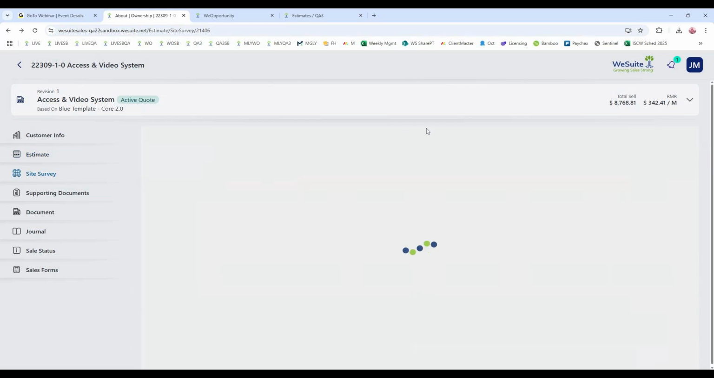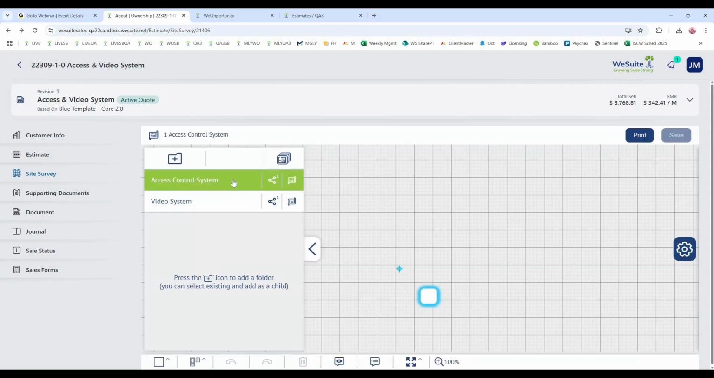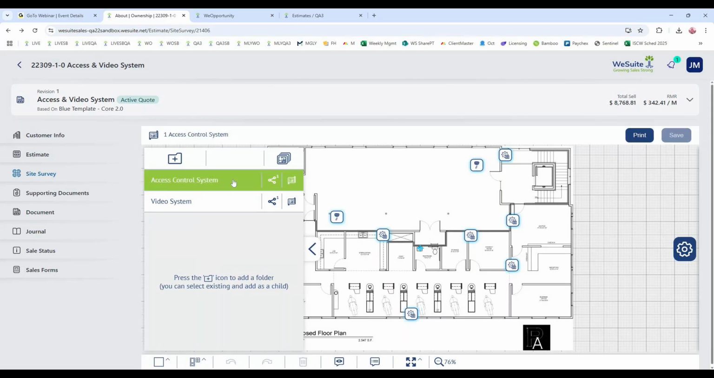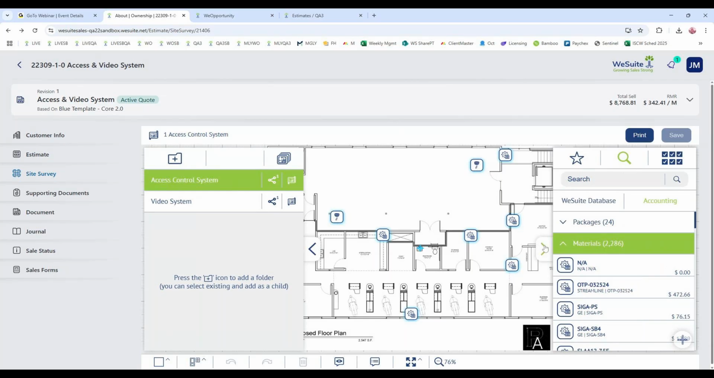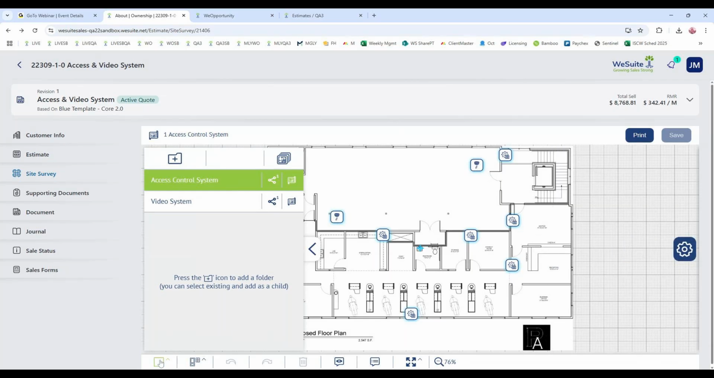Now, I know this is kind of a sneak peek here. If you want a deeper dive into site survey, we can certainly do that. And I think we also have some videos online. But just from a few other important pieces of information, if you don't have a floor plan, there are drawing